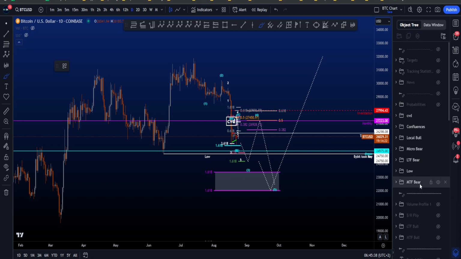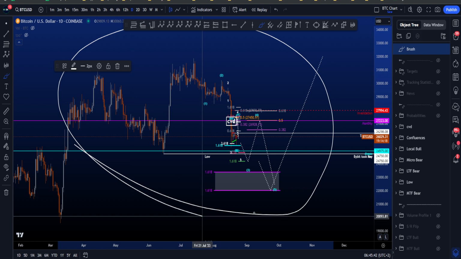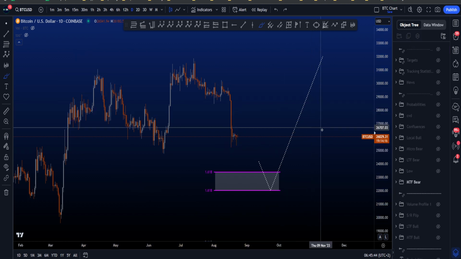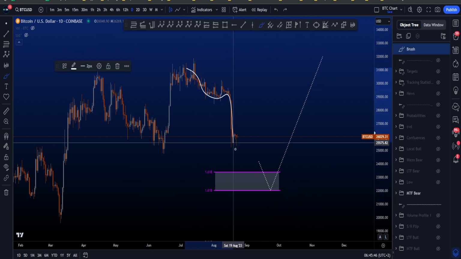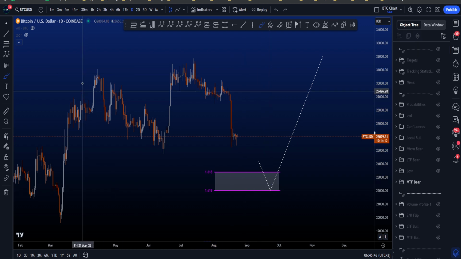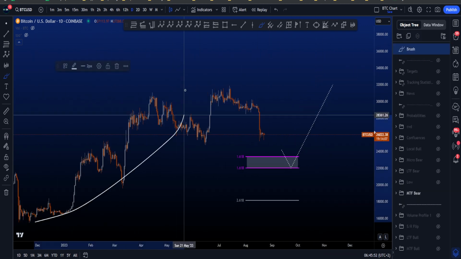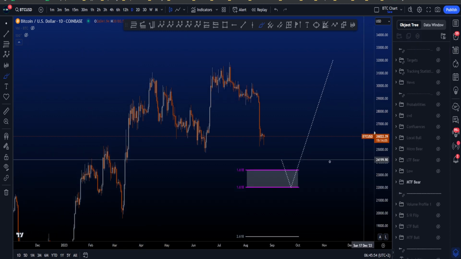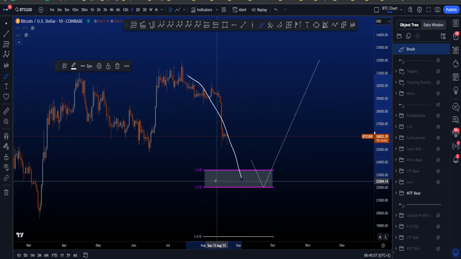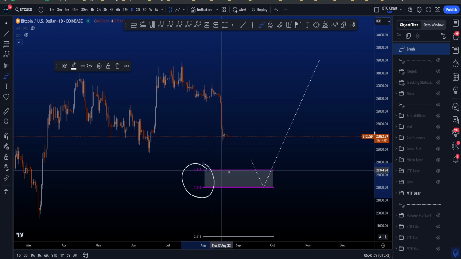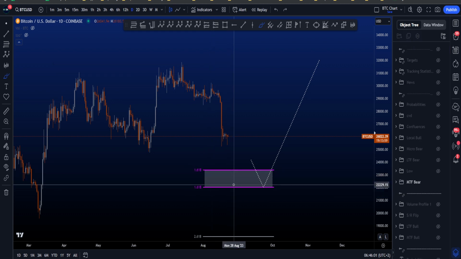Hi everyone, let's go over my medium time frame, low time frame, micro and local bullish and bearish Elliott Wave scenarios on Bitcoin. Starting with the medium time frame bearish scenario, where we're looking for a 5-wave impulsive structure to the downside to finish a very nice 3-wave correction after this impulse to the upside. The most common target for this impulsive move to the downside is between the two 1.618s, which is between 23.4k